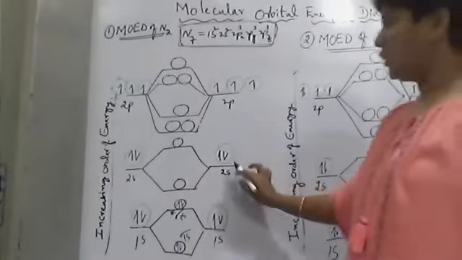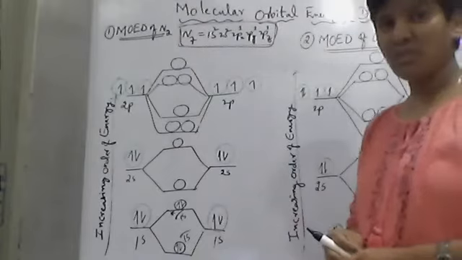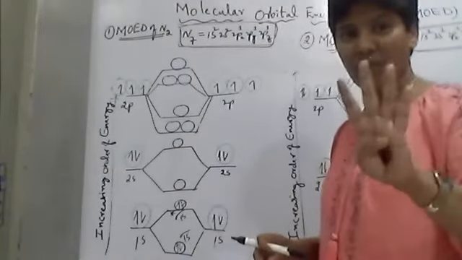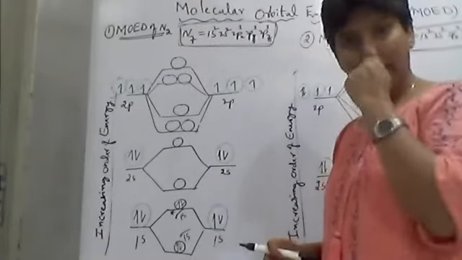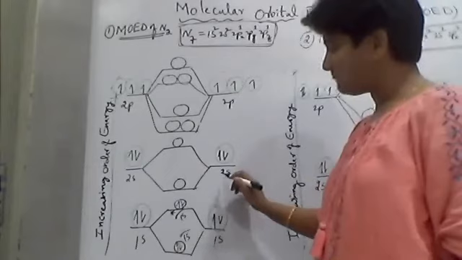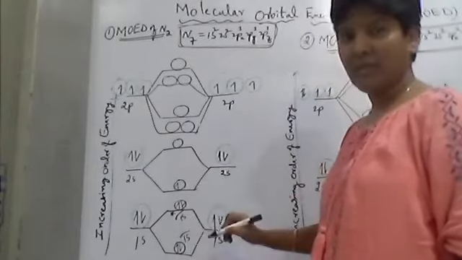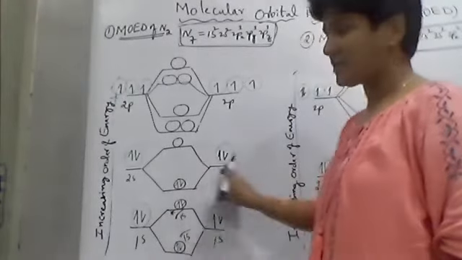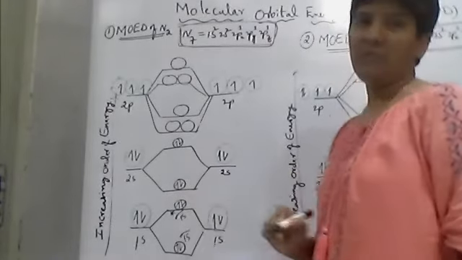So take the 2s electrons of both atoms. How many electrons are there? 2 plus 2, 4 electrons. Here also we fill 4 electrons according to the Aufbau principle, Hund's rule, and Pauli's principle. Out of 4 electrons, low energy first electron, complete the low energy, second electron, out of these 2 plus 2 electrons. Next, third electron, next the fourth electron.